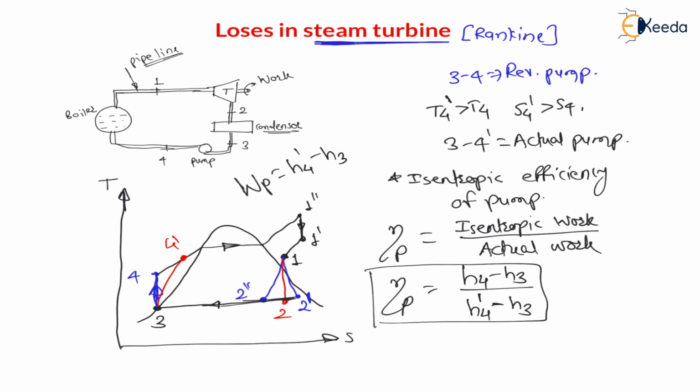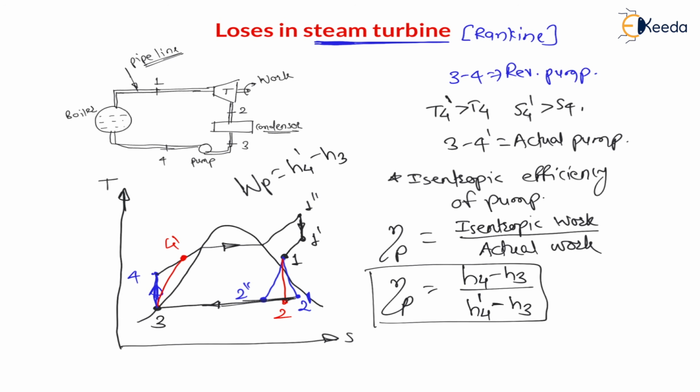My dear students, in the Brayton cycle also we have seen turbine losses and compressor losses. In case of the Brayton cycle a gas is circulating, hence instead of a pump a compressor is used. But here in case of the steam turbine, after condensation the condition is saturated liquid state, so we have to increase the pressure of the liquid. So for increasing the pressure of the liquid we have pumps, right? The only difference is that here a pump is used. In case of the Brayton cycle, that is the gas turbine cycle, there is a compressor, but the concept is the same. There will be an efficiency of turbine, the same concept, and the efficiency of pump or efficiency of compressor, the same concept.